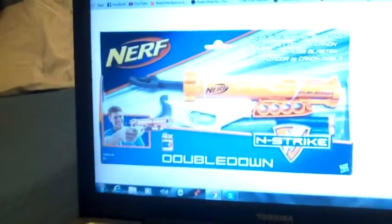Yeah, I don't know if you noticed, but my Nerf collection is getting a little hectic. So I think the MSRP on both the Sharp Shot and the Double Down is going to be in the 20 to 30 dollar range at best. So overall,